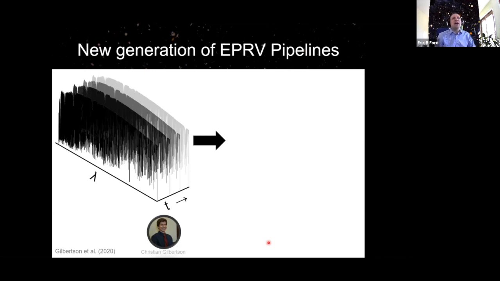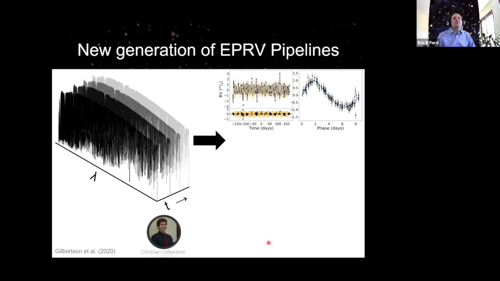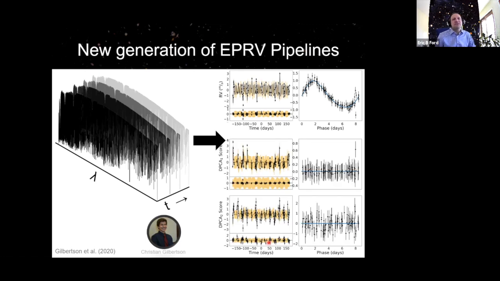And so we've been working on going from fitting just one univariate time series to fitting multivariate time series, making use of things like Gaussian process models, where we have a latent Gaussian process that then explains multiple properties of the spectra all at once. This is work that right now works beautifully on simulated data, and we're just beginning to try it on real data coming from either solar observations or EXPRES and hopefully soon NEID.